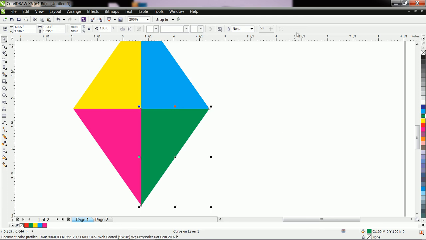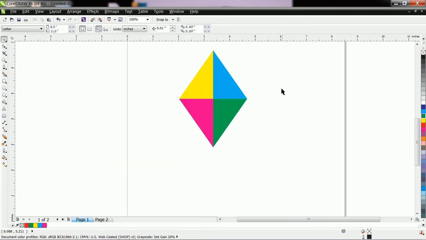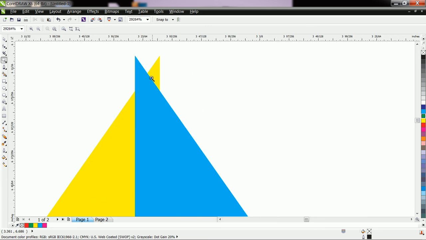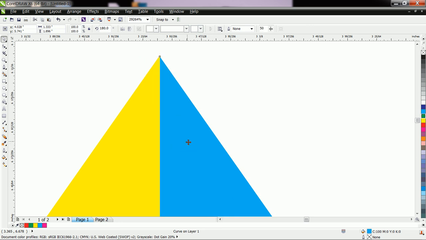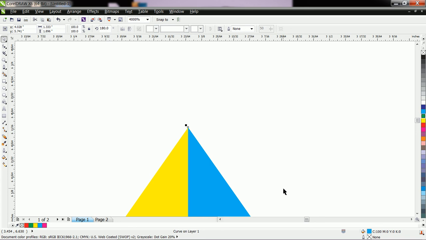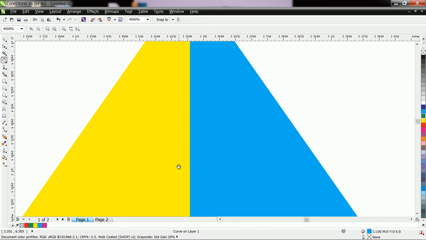Okay, like this you can create a kite, but you have to check whether it is placed properly or not. Use the zoom tool. Now it is not proper. Like this, use here pen and you can check a whole object.